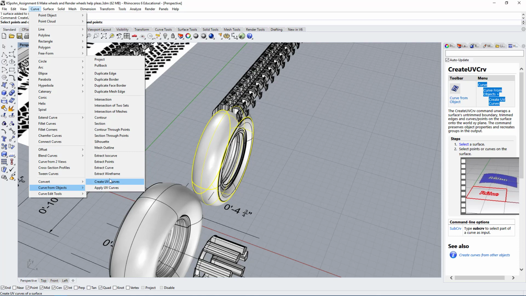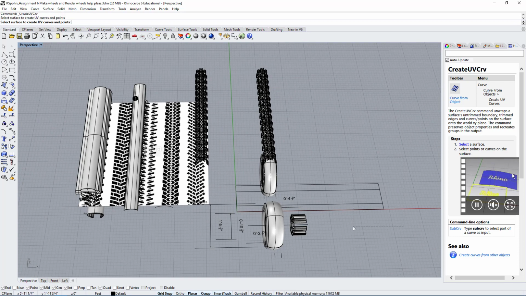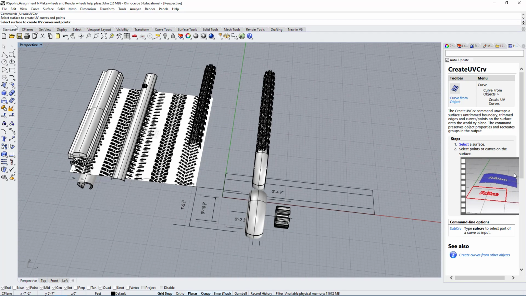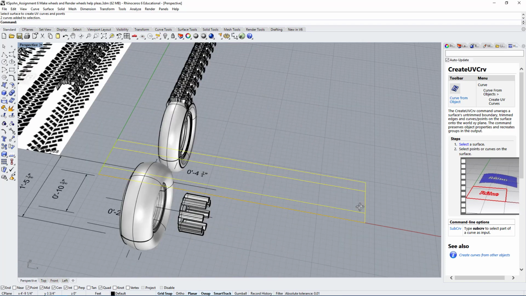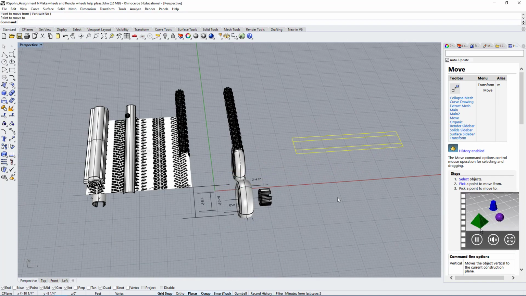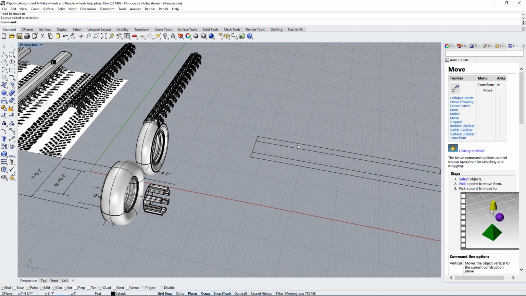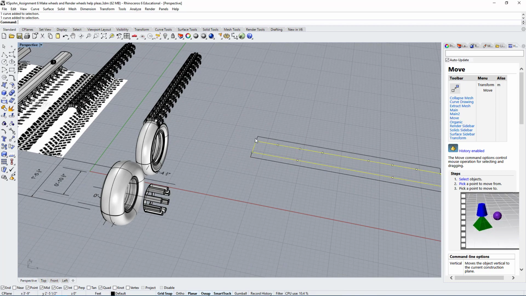So this is where you would find this, and when you use this command, what the software does is it generates this outline. Let's see, escape. Okay, so it generates this outline, and here you can see there isn't one outline, there's two. Why is there two outlines? That's because one of them is the actual surface, the outer one is the surface, and the inner one is the trimmed part of the surface.